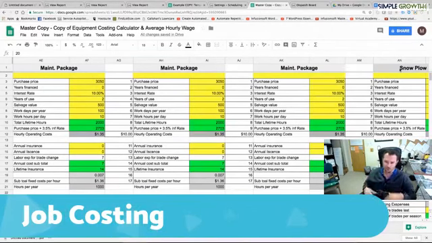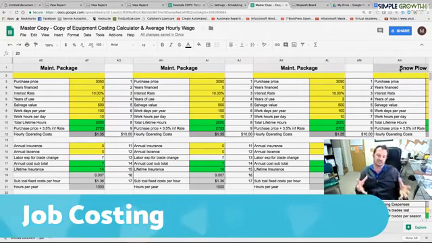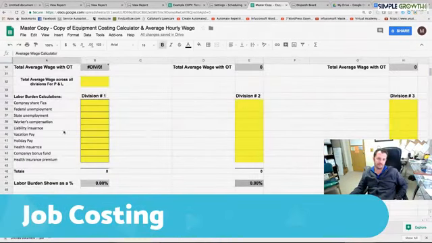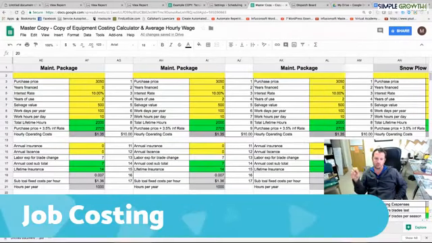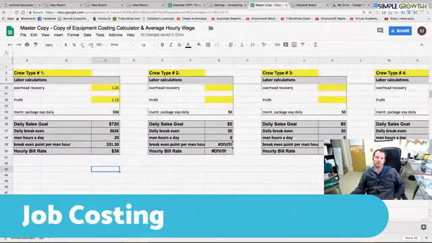Or if you're using a larger machine like a stand-on Toro Grandstand with the plow on it, then obviously you'd want to recover that as its own piece of equipment. So now we've addressed the labor here on the average wage. We've got the equipment costing, so what's going to actually be on the crew. And then we're going to go to our hourly bill rate per crew. So we're going to take each one of those and plug them into something that looks like this to get